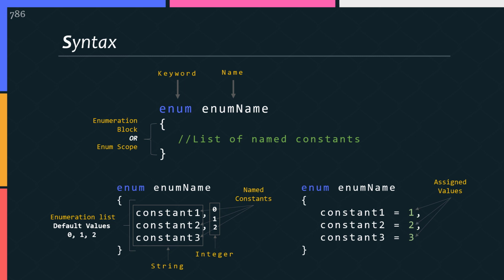Remember this, each enumeration has a type for storage. It's called the underlying type. But by default, enumeration values are stored as an integer type. You can specify a different type using a colon after the enumeration name, followed by the type you want to use, your desired type. These are the valid data types you can use with the enumeration.